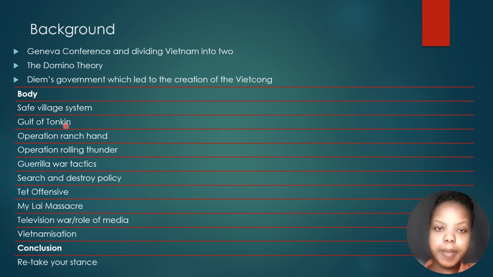When you link, you refer back to the question. And another thing, on this Vietnam essay question, to score all good marks, you need to talk about the strategies that were used by the USA and talk about the strategies or the tactics that were used by the Viet Cong that led to the defeat of the USA. Don't make a mistake of talking about the strategies used by the USA only and leaving out the Viet Cong or vice versa, because you're going to lose marks. And do not omit information. Try to talk about all of these key strategies that are mentioned here.